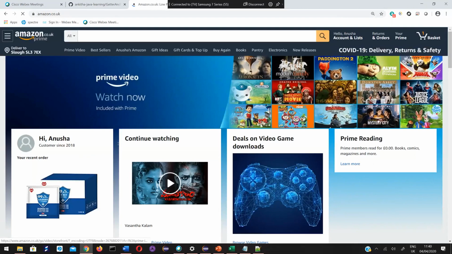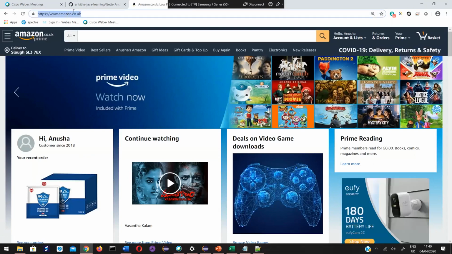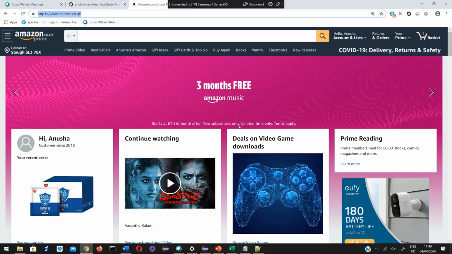Amazon.co.uk. So whatever testing I do, I'm testing this application. So every time I test, I need to open this URL only. So that means this value is a constant. It doesn't change.